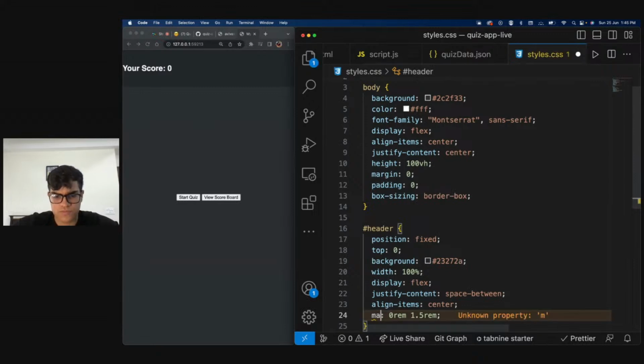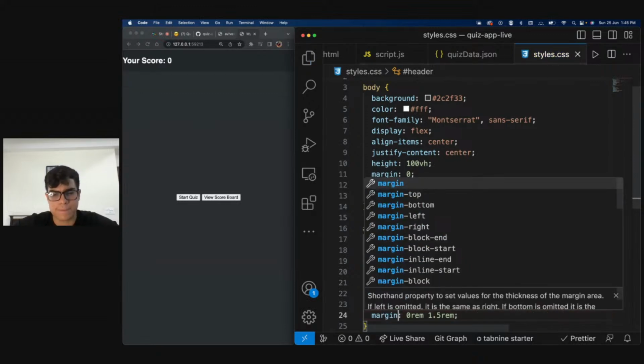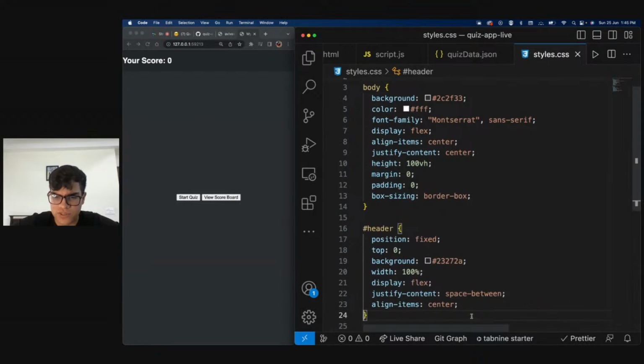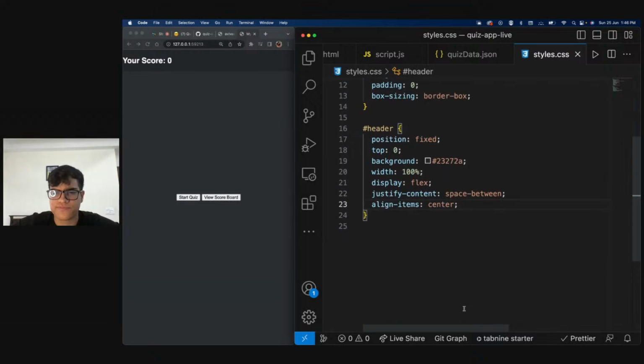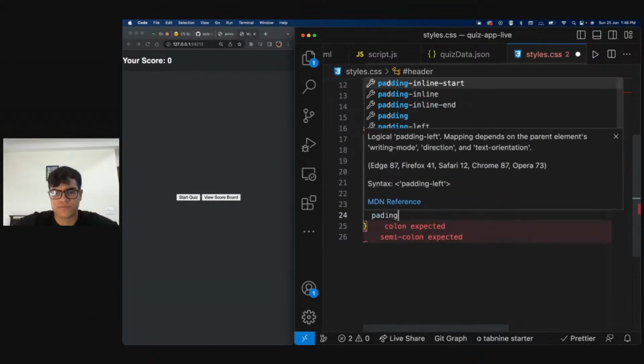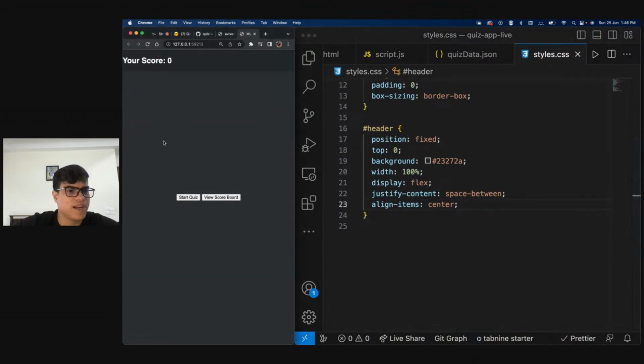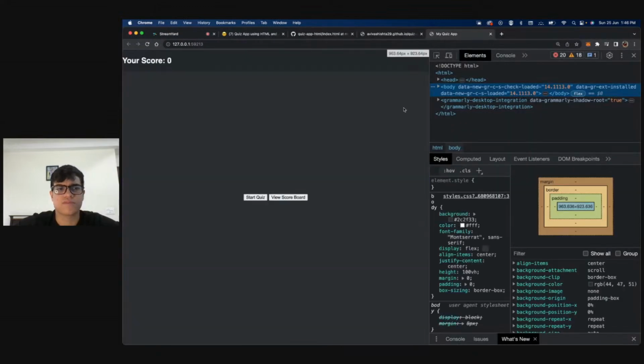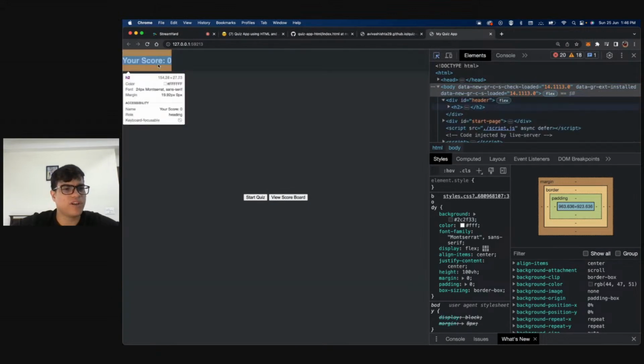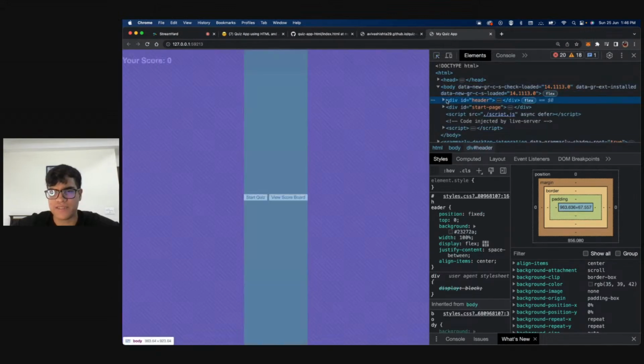Hmm. Ideally, the padding should have worked. Why did the padding not work? Hmm. That is strange. For some reason, our padding is not working. Padding is this horizontal thing that we see.